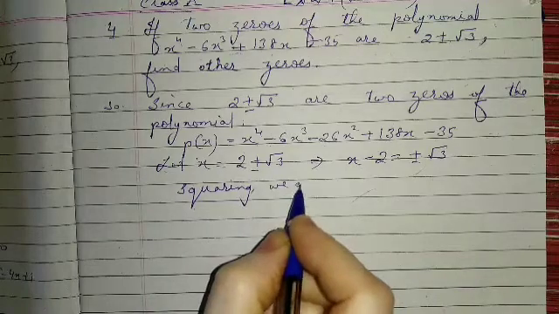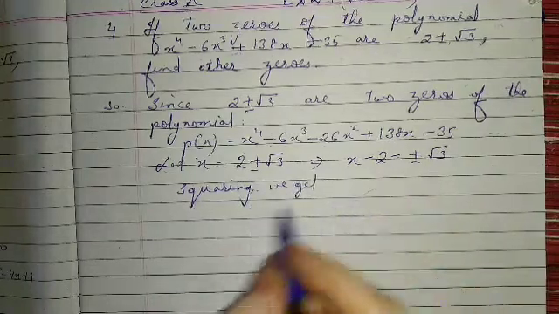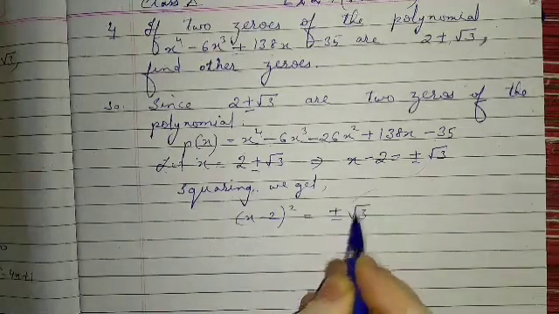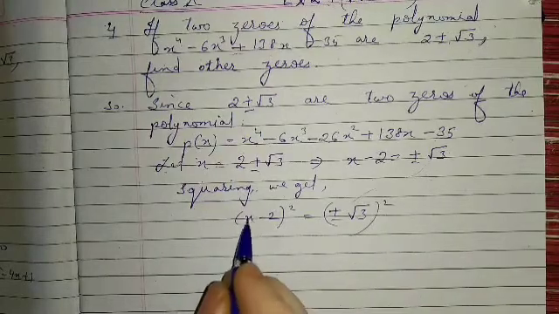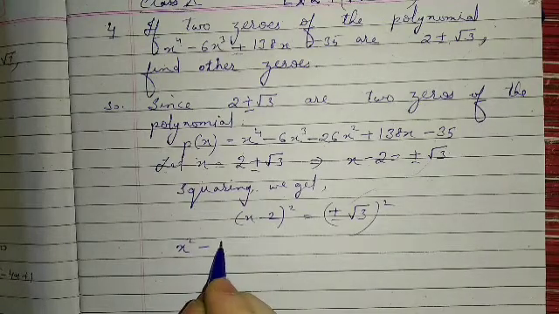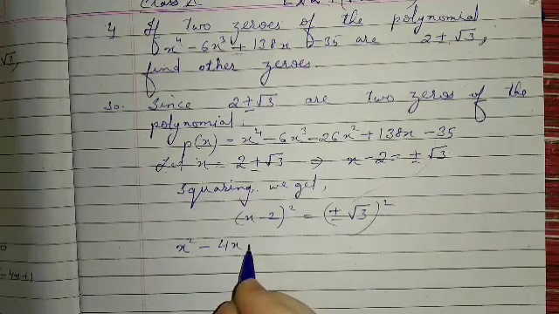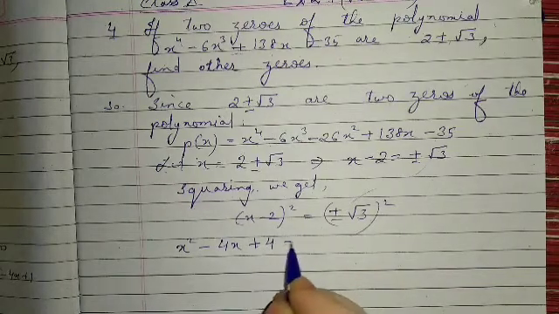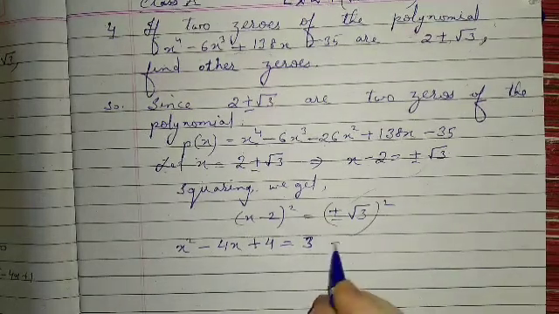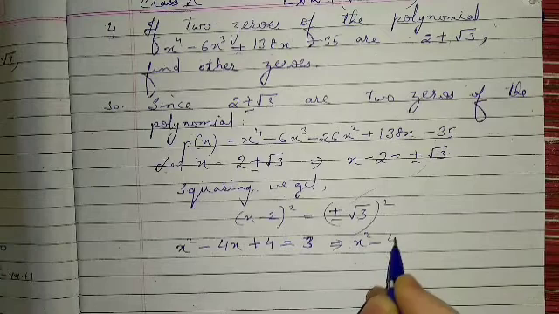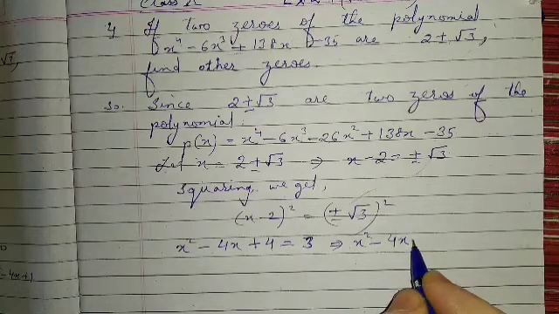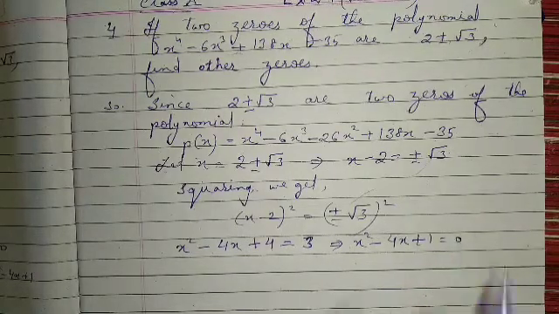squaring, we get x minus 2 whole square equal to plus minus root 3 whole square. This is a minus b whole square, so a square is x square, minus 2ab is 2 into 2, that is 4x, and plus b square is 2 to the power 2, that is 4. That is equal to 3, because the square of a root is the same number. Then x square minus 4x, and if you transpose 3 to the other side you get minus 3, then plus 4 minus 3 is plus 1, equal to 0. This is the